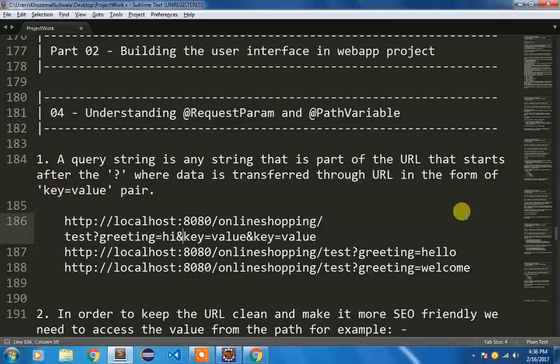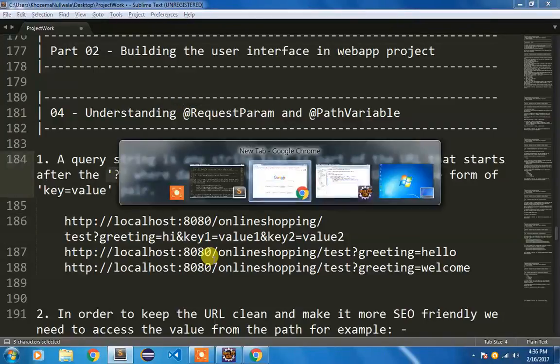This would be key 1, this would be key 2, this would be value 1, this would be value 2, and so on. I will demonstrate how we can access this greeting value, hi, in our project. So RequestParam is used along with a query string.